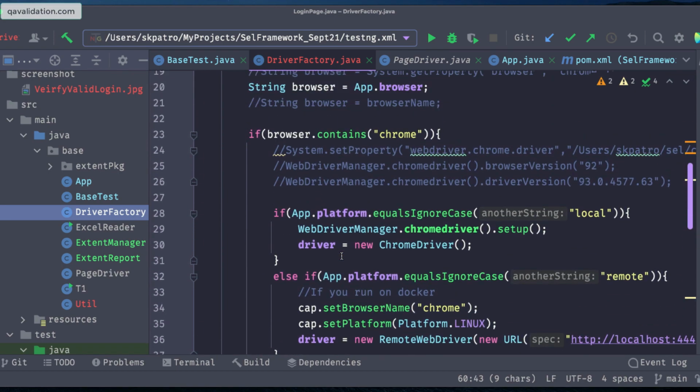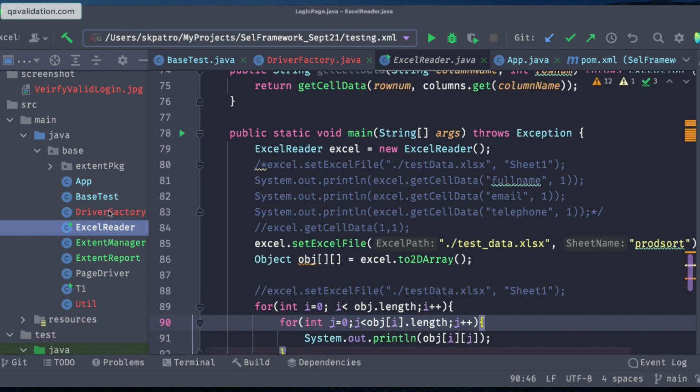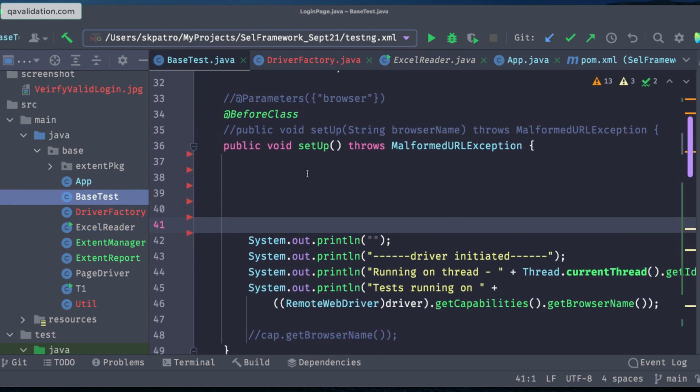Now let's see, there is some more error. Okay, no errors are displaying. It is basically showing red because I haven't included that into my git. So I will do that after this session. Fine. So now let's go to your base test, and here see, the thing is that this driver factory